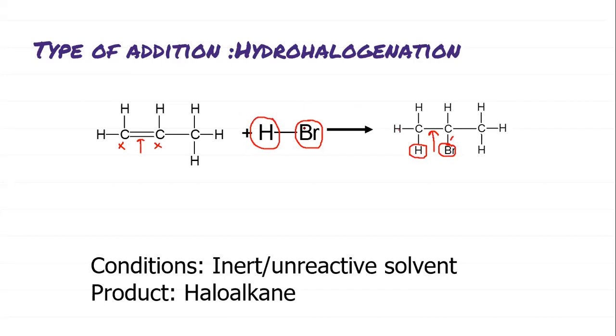In other words, I added a hydrogen and a halogen. So the type of addition is then hydro, to show that I added a hydrogen, and halogenation, to show that I added a halogen. So in full, the type of addition is then called